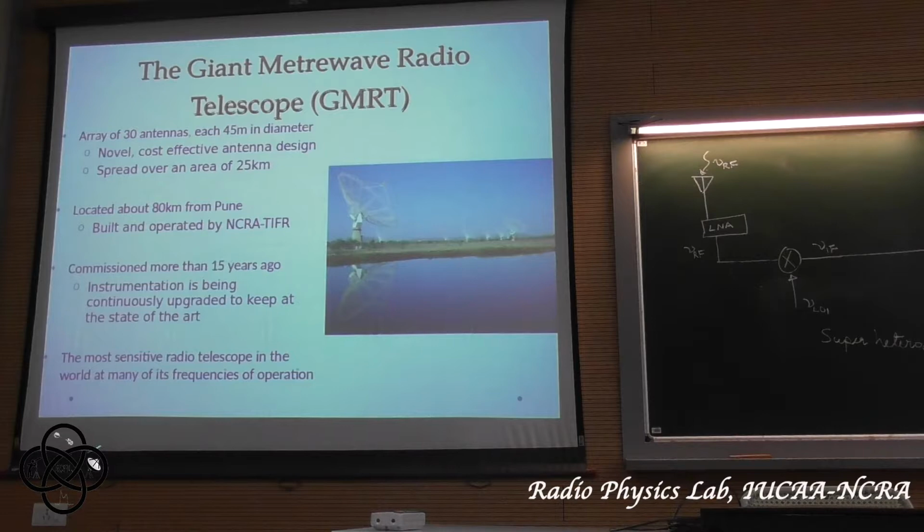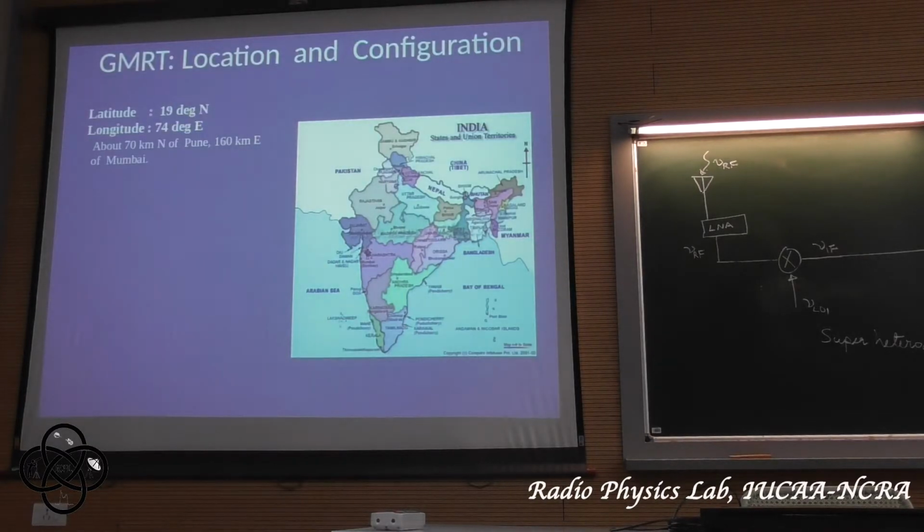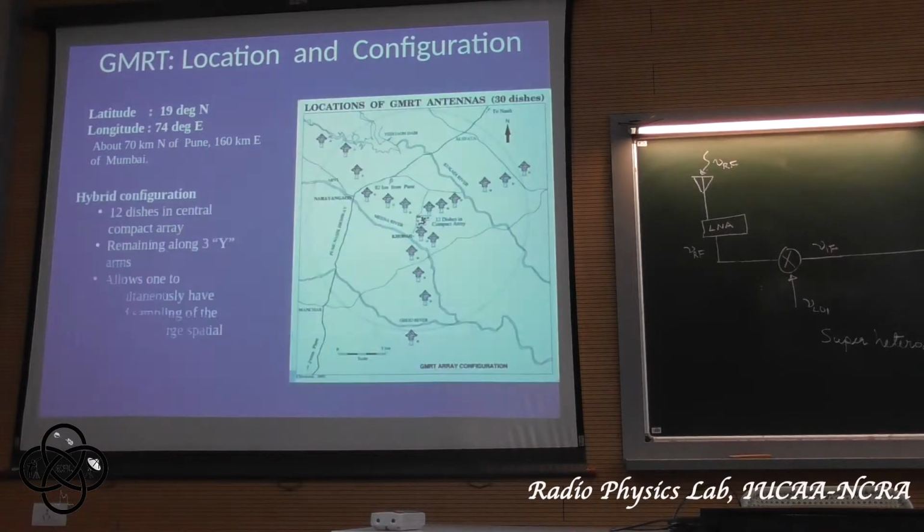And I've shown you a picture of a few of the antennas in the central square. It's one of the most sensitive radio telescopes in the world at many of its frequencies of operation. So this is where it is, between Pune and Nasik, about 70 kilometers north of Pune, 160 kilometers east of Bombay. And if you look at the way the antennas are configured, this is the way it is,